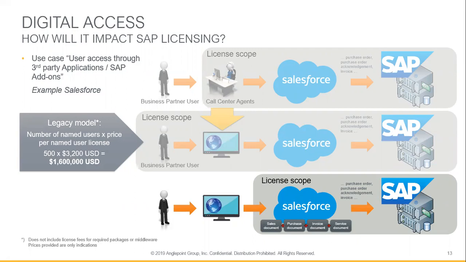So we are talking about a sales document. And if you use Salesforce to create a sales document, which is kind of obvious because of the name, Salesforce, then this determines one license. And again, we're talking about line items. Next thing is, based on the sales document, someone is placing a purchase. That creates another document with additional line items that have to be counted. Based on the purchase document, you will send an invoice, which creates another document. So I hope you understand what that actually implies.